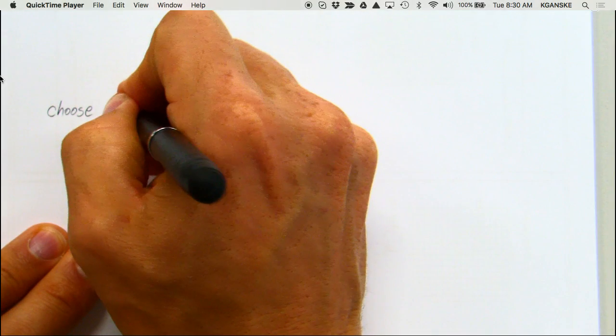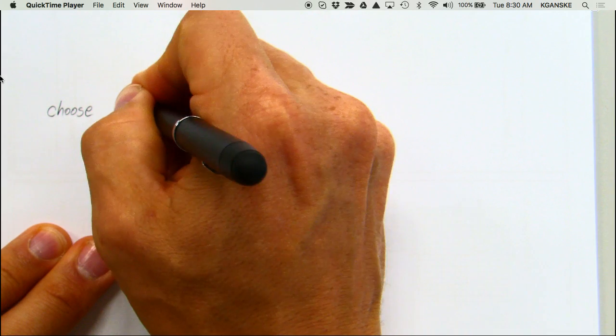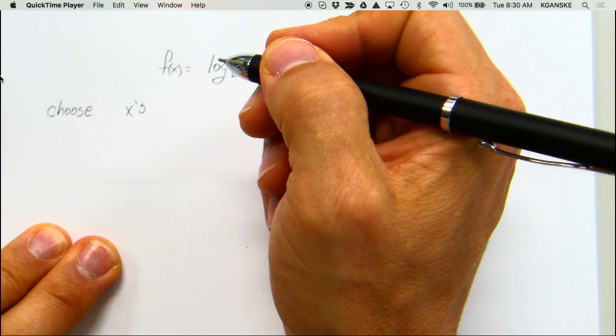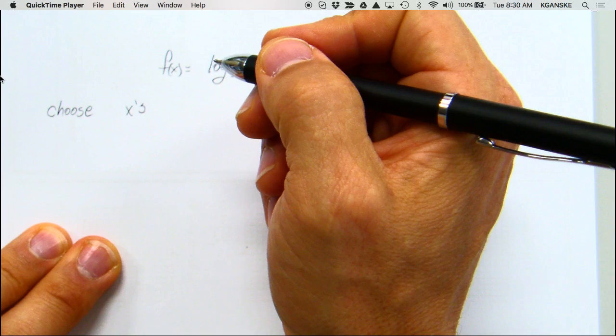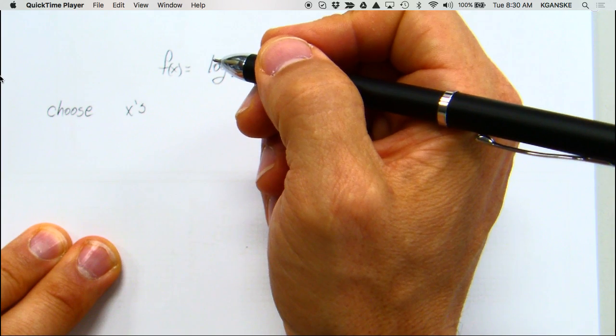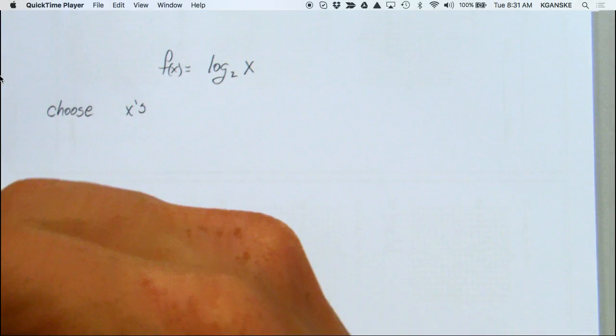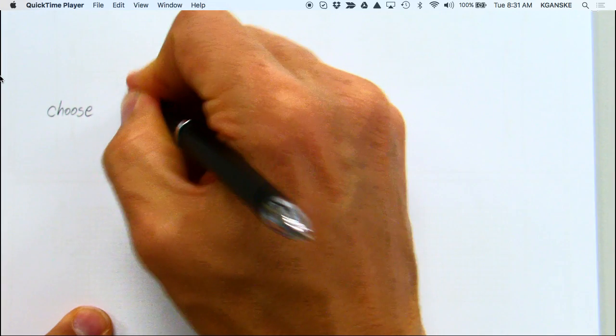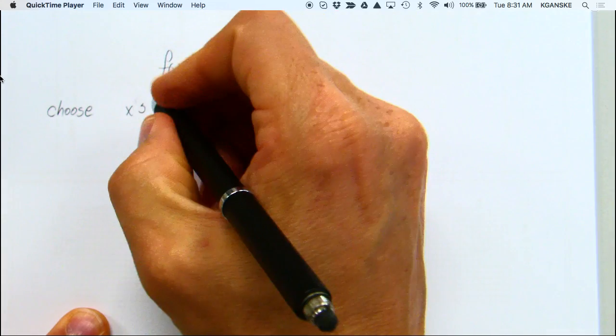your x's. Should I have an apostrophe s there? X's? English people? Yes? No? It's just, that's going to look weird if I just do x's. Anyway, you got to choose your x's